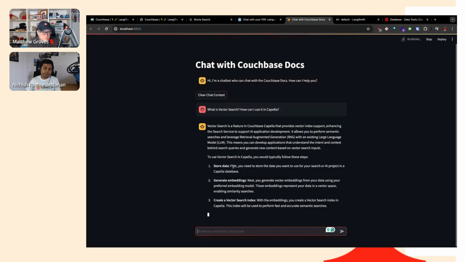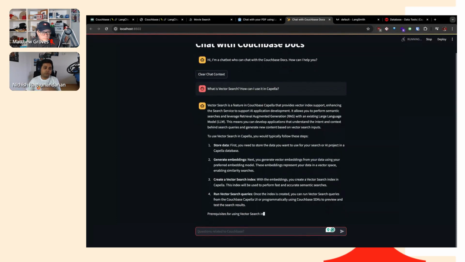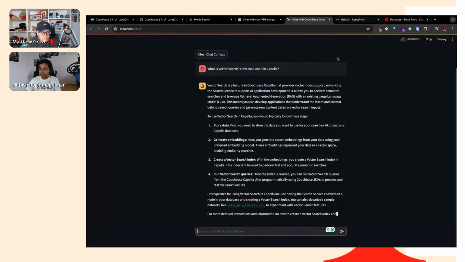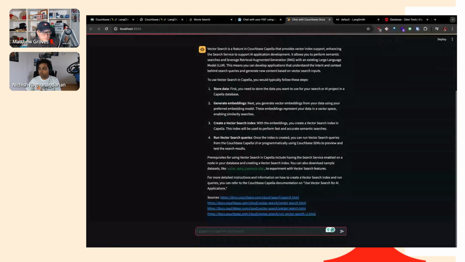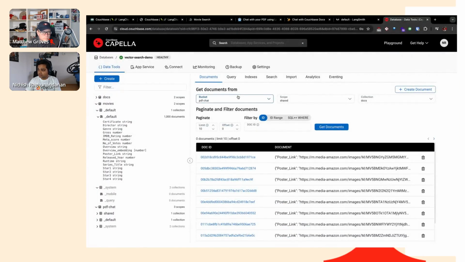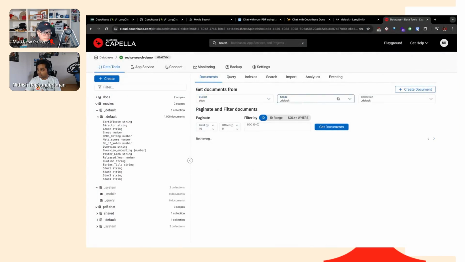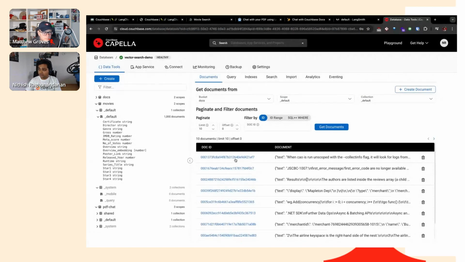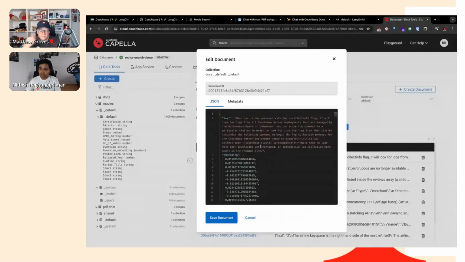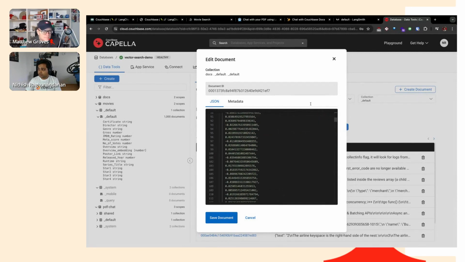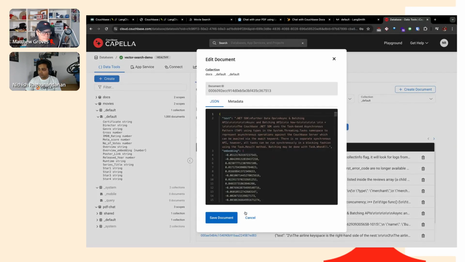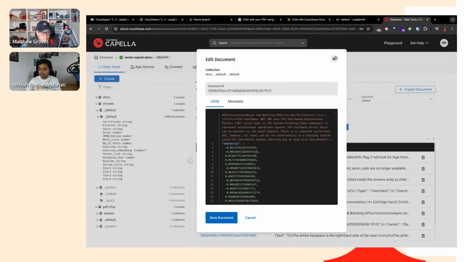So what happens behind the scenes is I've indexed basically all the documentation website of Couchbase into Capella. So here you can see, let me just go to the docs. Yeah, it takes a few seconds before all the documents are fetched. Here you can see, for example, documentation pages. So you have texts that are from the documentation, like the Couchbase Autonomous Operator, or you have other things like the .NET SDK and so on.